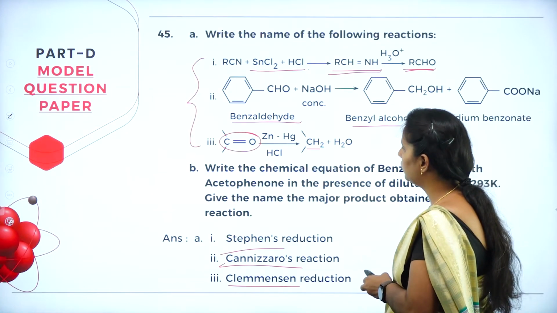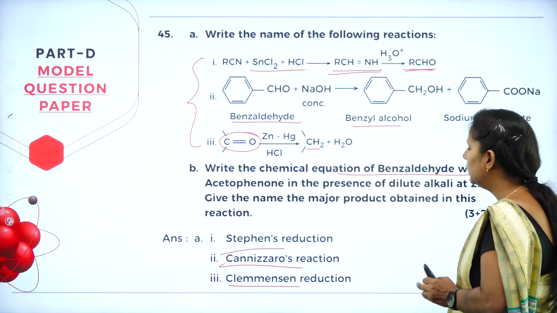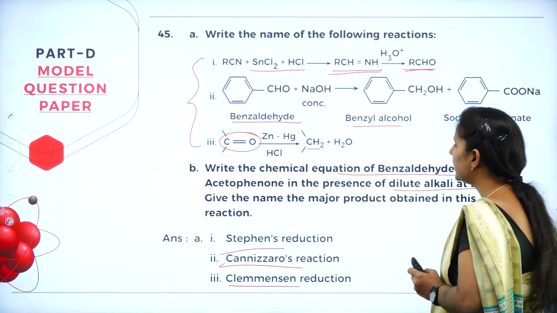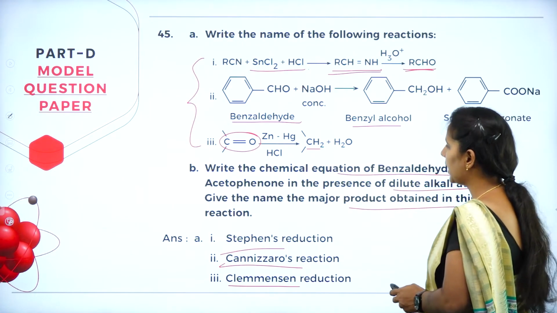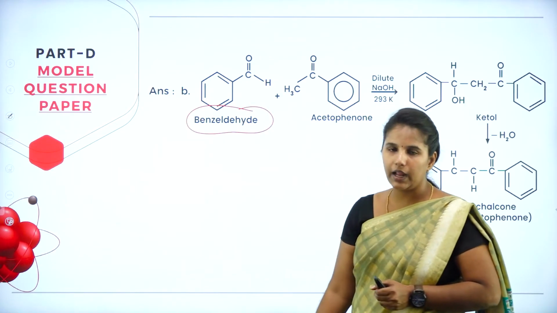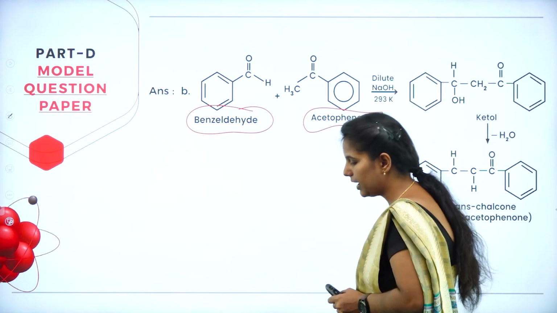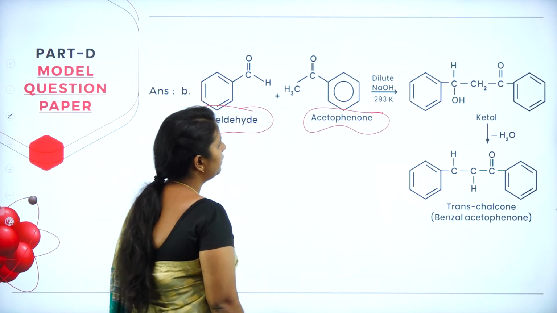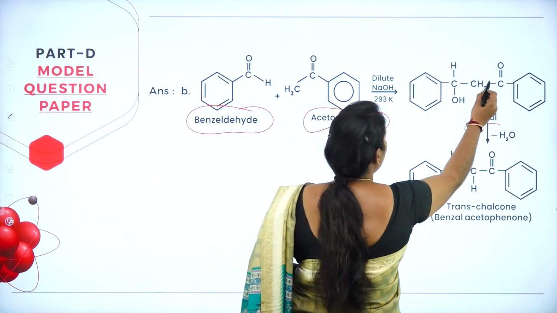So, coming into the second question, here, write the chemical equation of benzaldehyde with acetophenone in presence of dilute alkali at 293 Kelvin. Give the name of the major product which is obtained in this reaction. Here, this is benzaldehyde which does not contain any alpha hydrogen atom, which is allowed to react with acetophenone with dilute NaOH. You know what will happen? It will form a ketol, which upon further loss of a water molecule here,